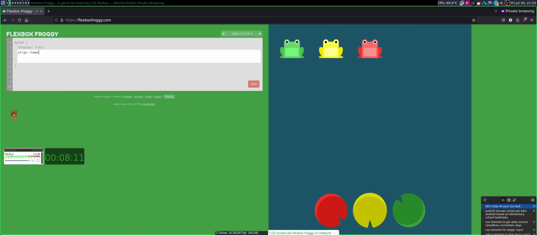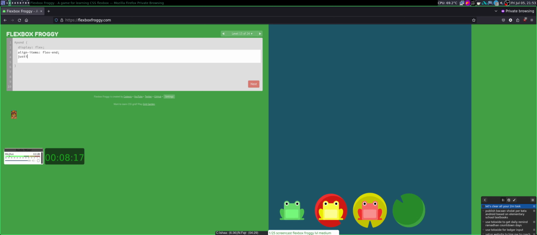Align items is flex-end, and justify content center, but I need to reverse it. So flex direction row-reverse. Okay, next.